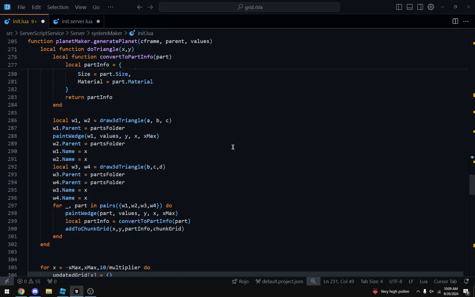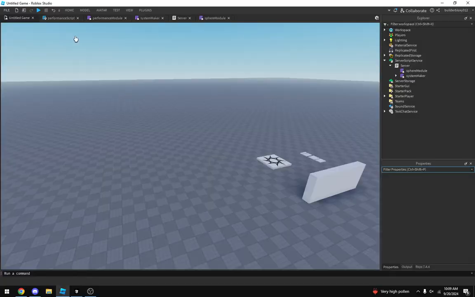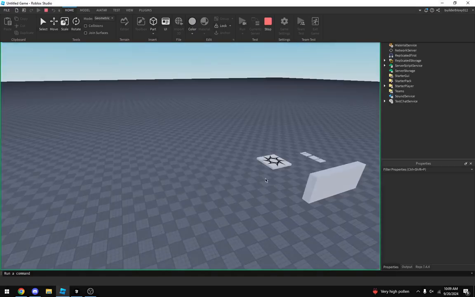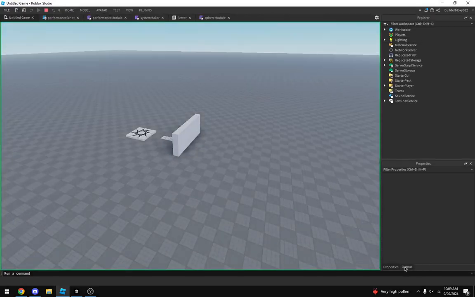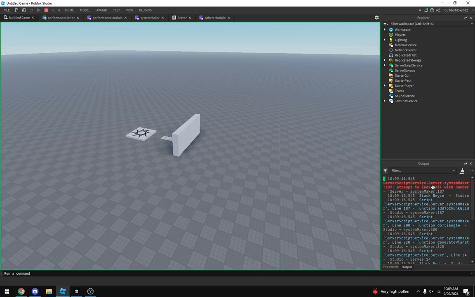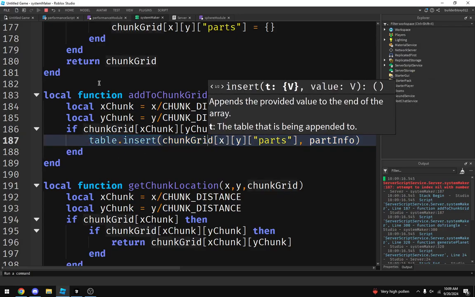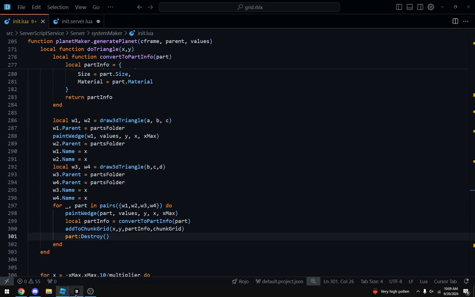Triangle. Here it is. So after we add it to the chunk grid, we destroy it. Oh. Attempt to index nil with number. Fucking knew it!